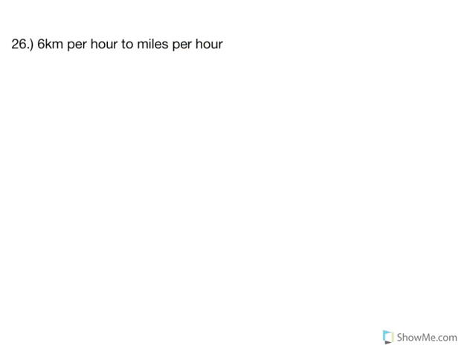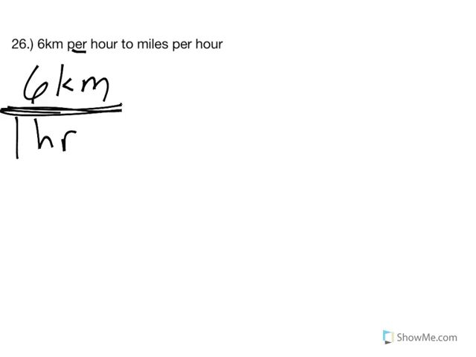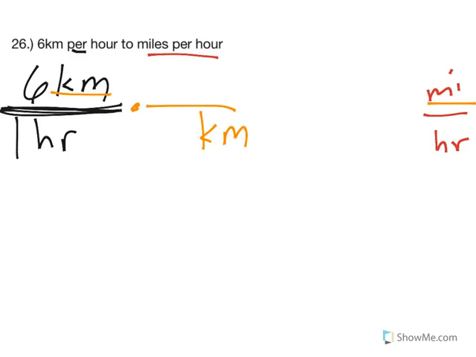In 26, we start with 6 kilometers per hour. Remember, the word per implies that division bar. Okay, so your goal, miles per hour. So I always start on the top. Kilometers, miles, different. If they are different, I got to work. So kilometers will go on the bottom. And you're like, well, I can go kilometers straight to miles. So 1 kilometer is 0.621 miles. Again, I use the one on the bottom to put the 1 on the bottom so that I can just